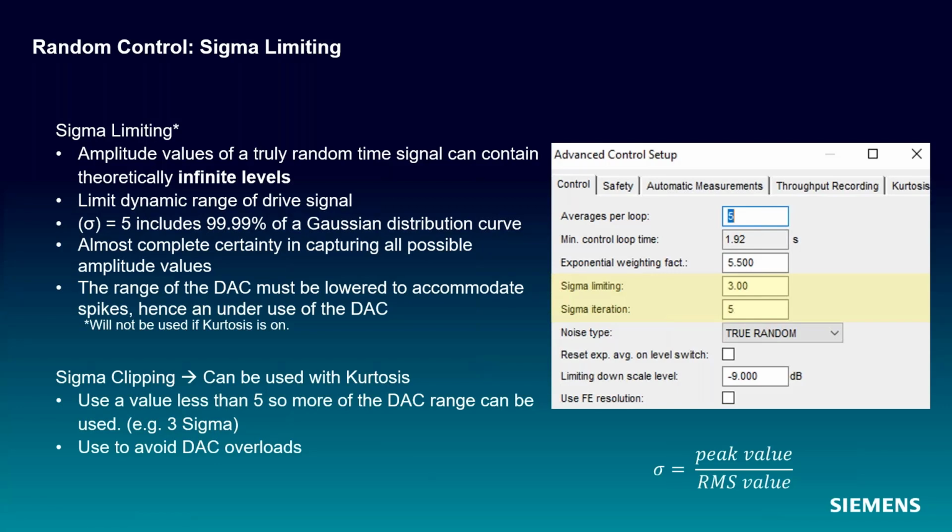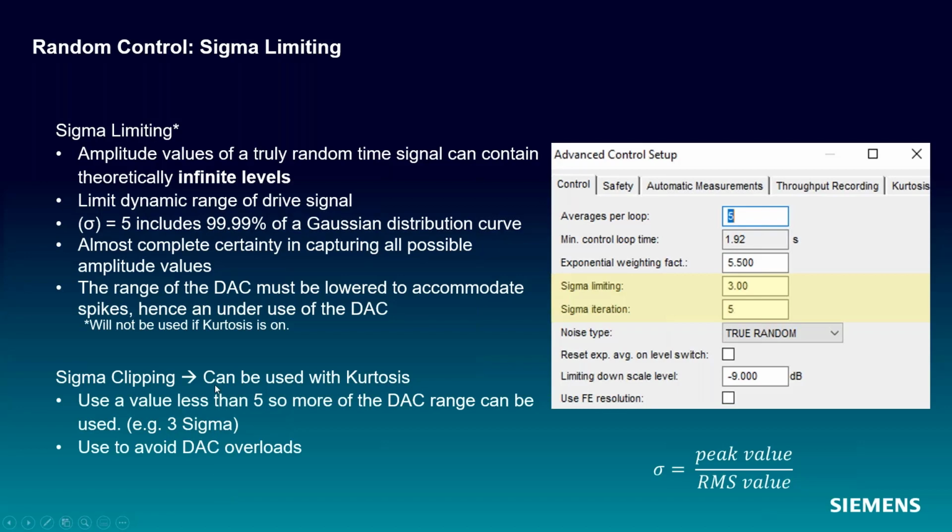So if you think about this, right, if you have a 5 G RMS test and you have a 5 sigma limiting, you're never going to get a peak in the time domain that's more than 5 Gs RMS times 5 sigma, or 25 Gs in the time domain. If we did sigma limiting up to, let's say, 8 or 9, you can see there's a significant difference there, right? So 25 Gs versus 40 Gs for 8 sigma limiting can be the difference between running a test smoothly